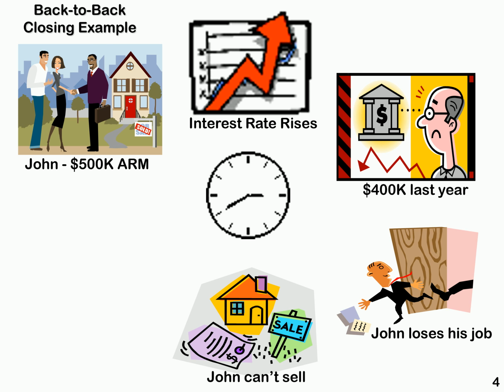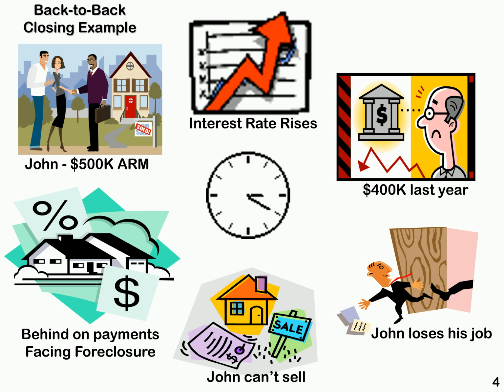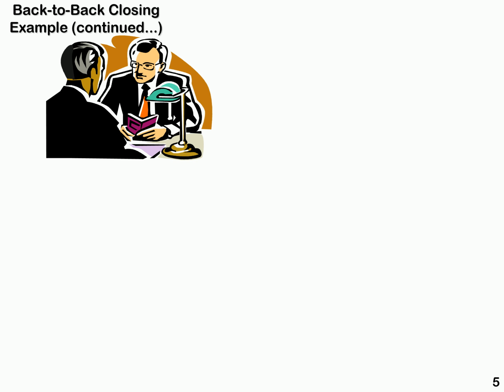In order for him to sell, he would have to come up with $100,000 out of his pocket in order to sell and break even. So what's he to do? He is actually stuck. He is behind on payments, facing foreclosure, and he needs help. So now, as the wholesaler, you, for example, you are called the B investor. And then the seller, which is now HUD takes back John's house. HUD would be known as the A seller. And you, as the investor or as the wholesaler, you would be known as the B investor.